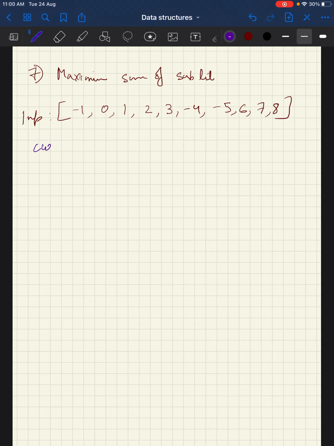So we will have what is called a current max, which we will start with. Let's say if it is an array, we will start it with the first element, right? And then we'll have global max, which we would also assign with the first element. So what we are checking initially is if the current max is actually lesser than 0.